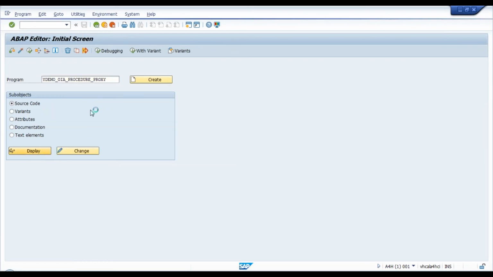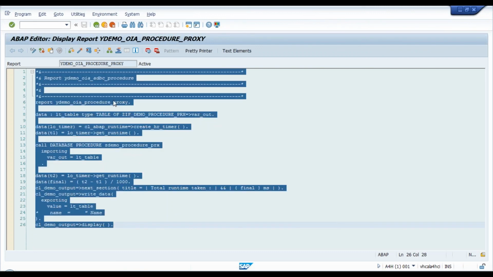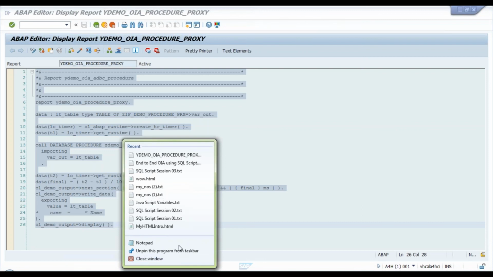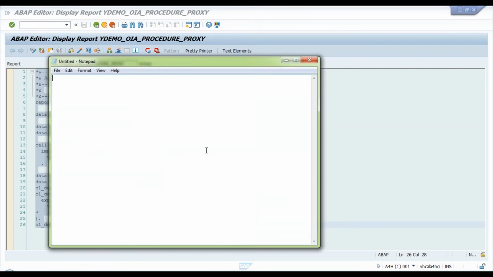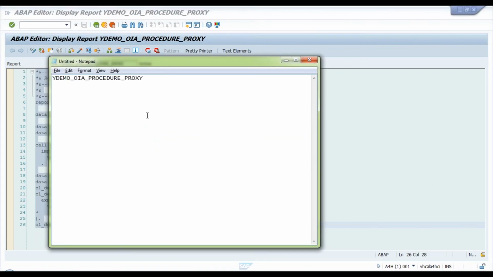Because that is something you can create quite easily. There are a lot of tutorials also on YouTube, but that's not a big deal. Creating procedure proxy or creating these things are not a big deal. Big deal is writing SQL script, because that's the main thing what as a developer you can do uniquely as compared to somebody else.